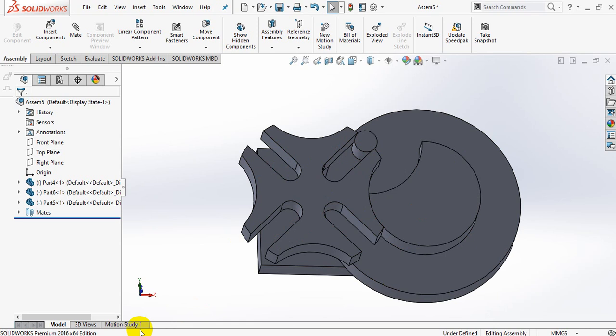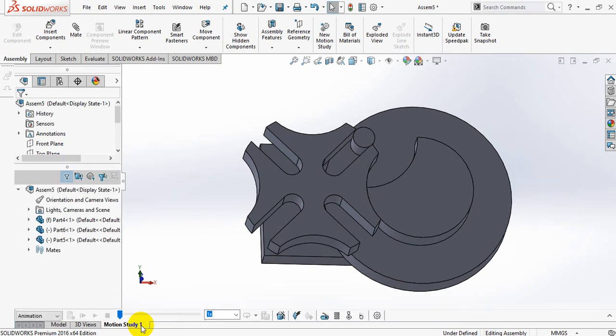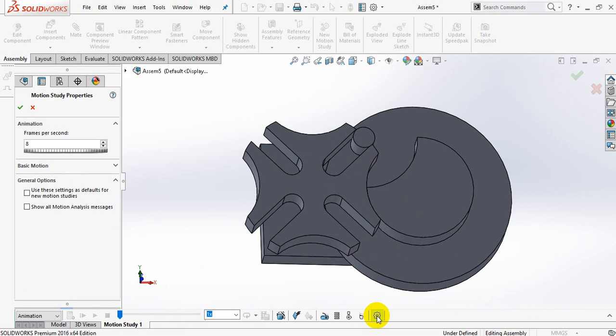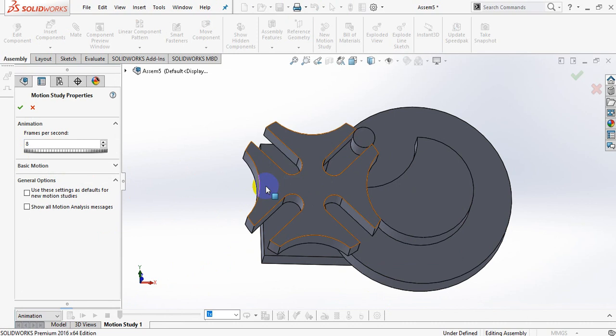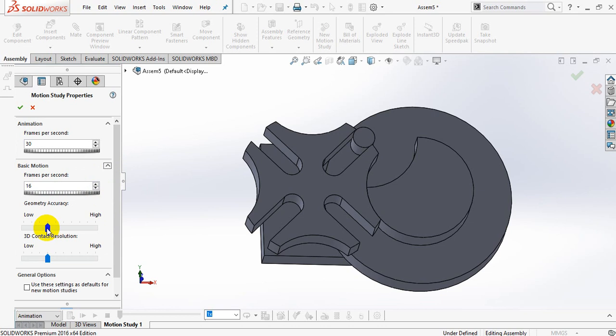First I will select Motion Study. Next I will go to Settings. Here it is 8 frames per second. These frames are for the rotation of objects. I'll take 30 frames per second. Here I will make it high quality for geometric accuracy and high quality for 3D contact resolution.